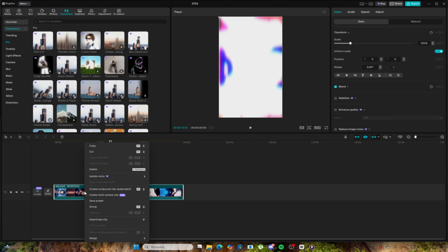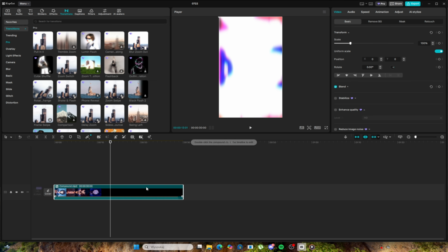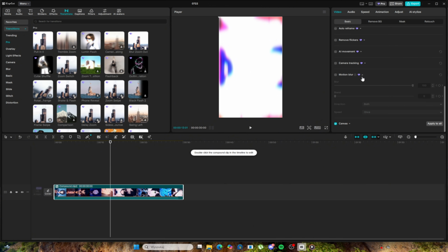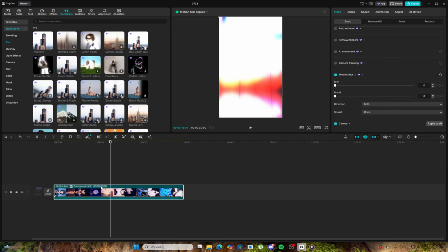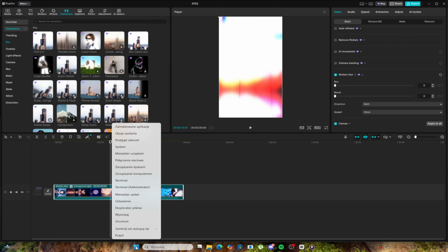Select all, right click, click this, go to video, scroll down, enable motion blur, go to 0%, wait. Now, when it's finished, right click on Windows icon,